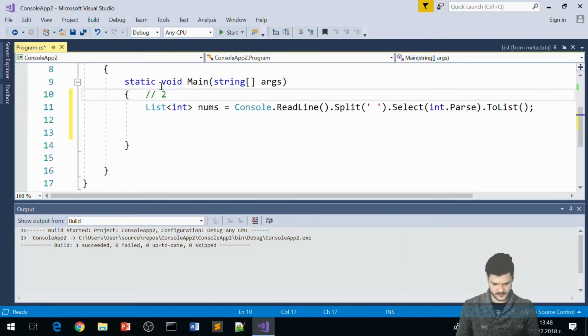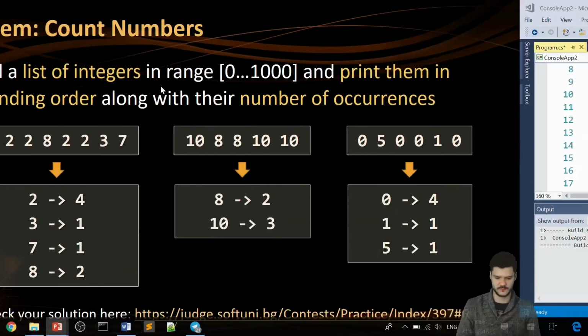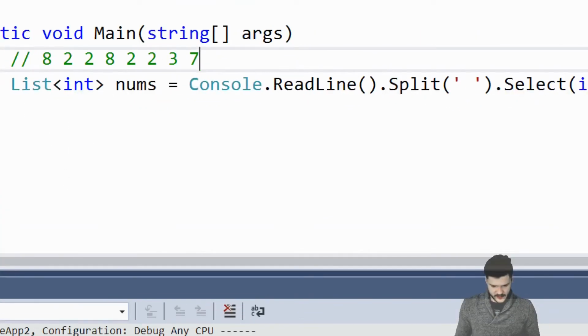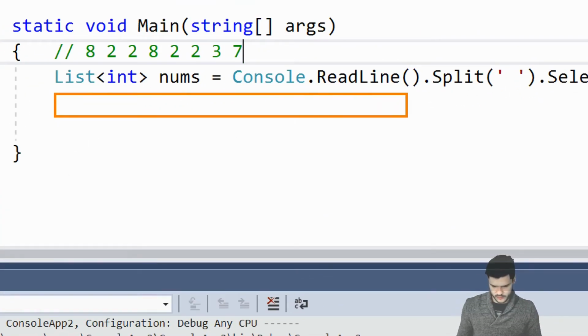We have 822, 822, right? Same, right? Yeah. Okay, so right now we'll be having 8, 2. Okay, so right now we are having a list of